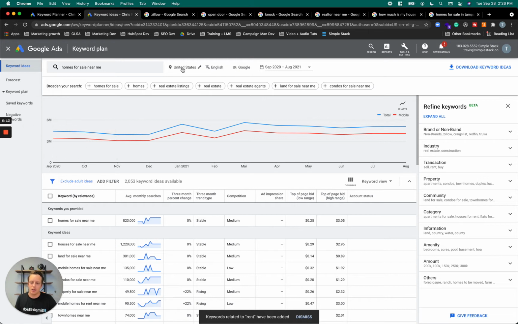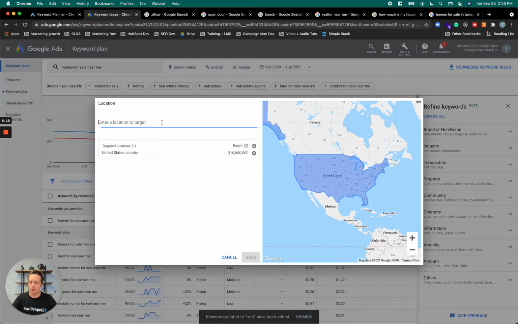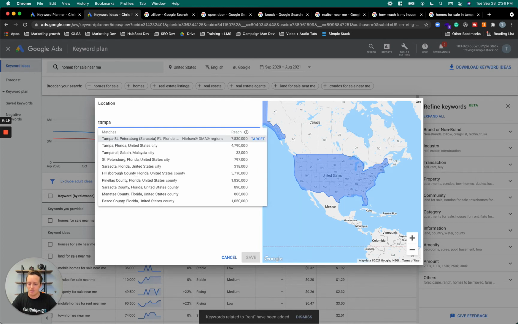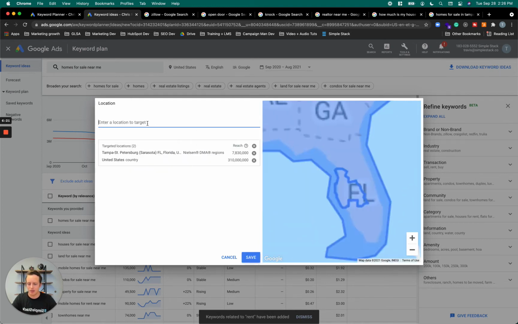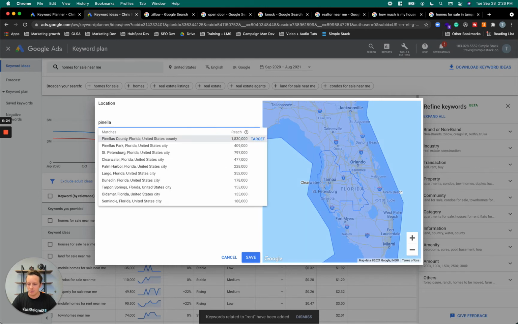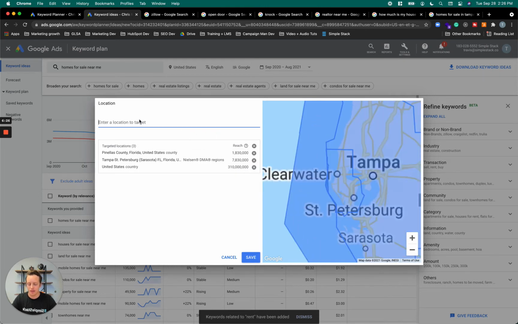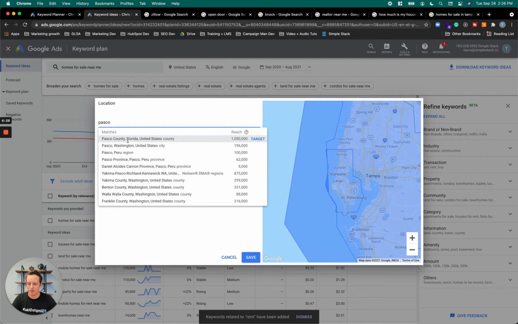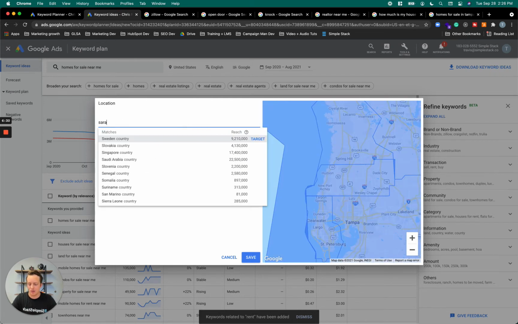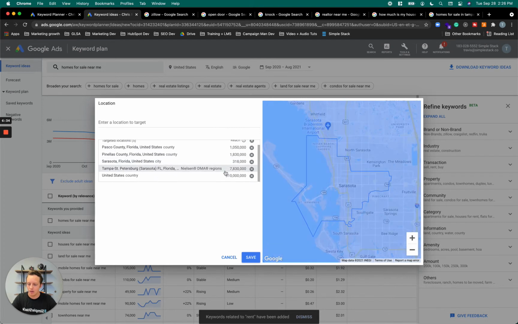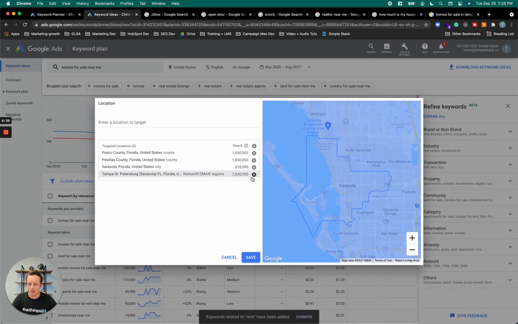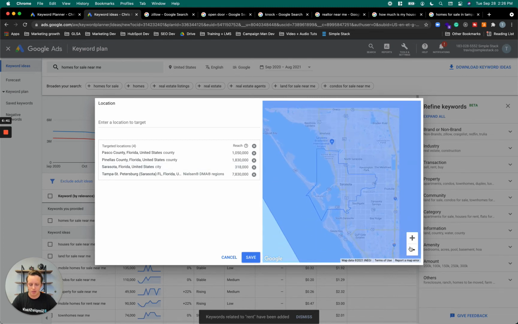So what I'm going to do here is assume that we're doing research for a mid-sized real estate team that is advertising in Tampa, Pinellas County, and we'll do Pasco County, and we could do Sarasota too. This could be like a larger team that's really expanding and growing quickly. So I'll get rid of the United States as a targeting area, and now